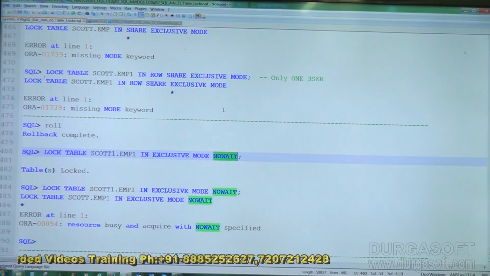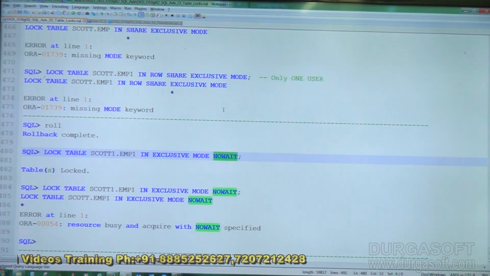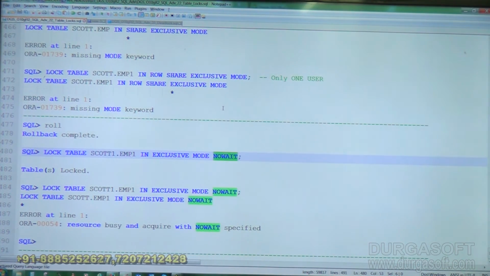Instead of that, suppose we do not want to stand in the queue or wait till the lock is released, in that case we can use the NOWAIT clause at the end. That means if the table is already locked, do not wait in the queue. Return the control to the calling environment so that